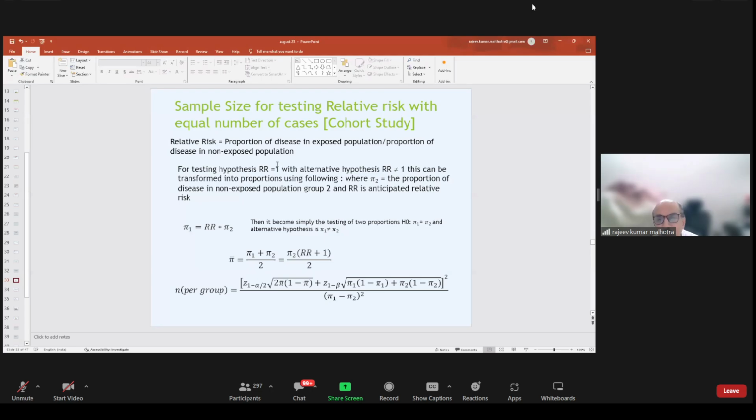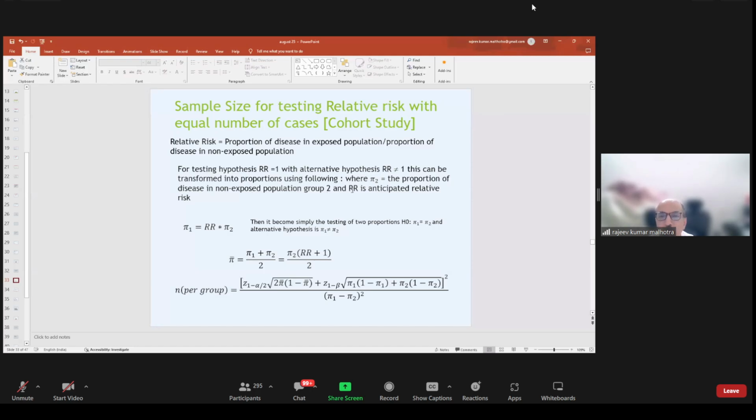Similarly, sometimes we are doing this for the relative risk. So how do we calculate the sample size for the relative risk? Same, this is the formula for the relative risk. We require the relative risk value and the proportion of disease in the non-exposed population group. Two things we require. What is the relative risk? And this is the proportion of disease in the non-exposed